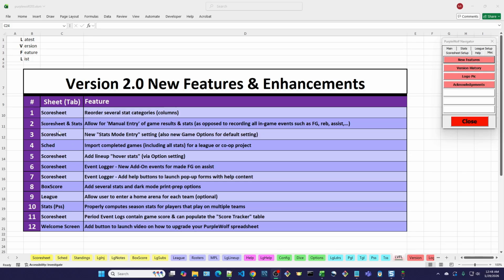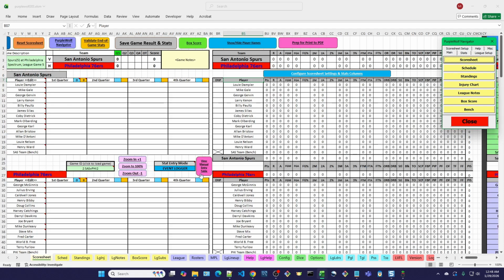Okay, I'm going to talk about 2 and 3 together regarding this manual entry of game stats. So let's jump back to the score sheet. Here's the game I just loaded. I haven't done anything yet. So you'll see right here, this is new, this stat entry mode. It says event logger. I'll also show down here on the options